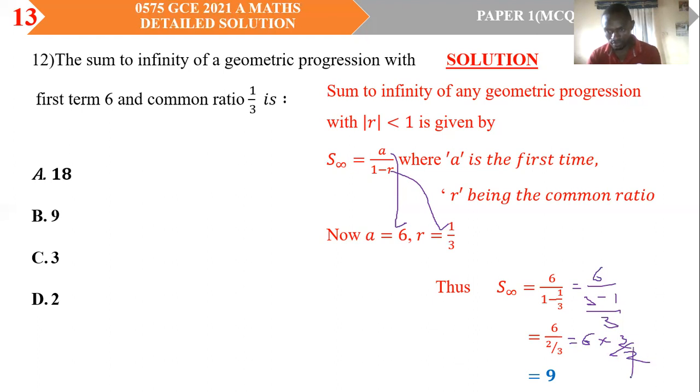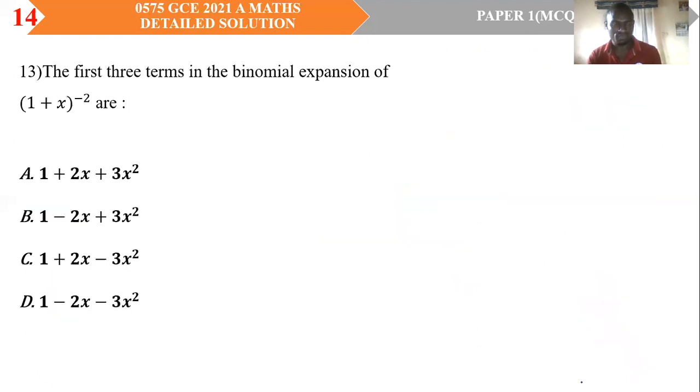Now, 2 goes into 6 3 times, and 3 times 3 gives 9. So the answer is B. We move to question 13. The first 3 terms in the binomial expansion of (1 plus x) to the power -2 are